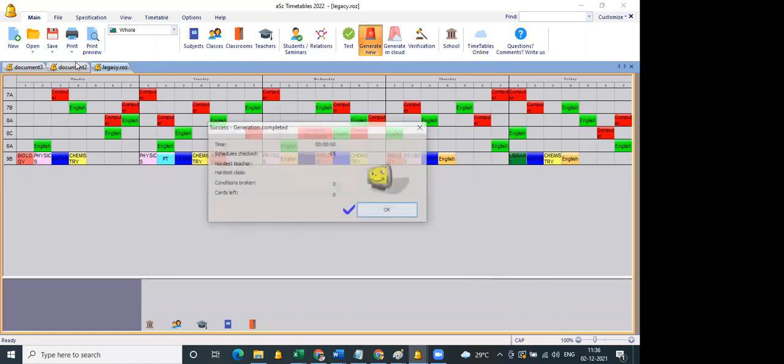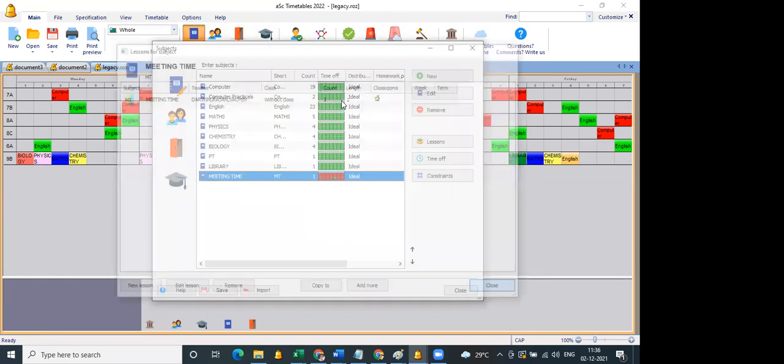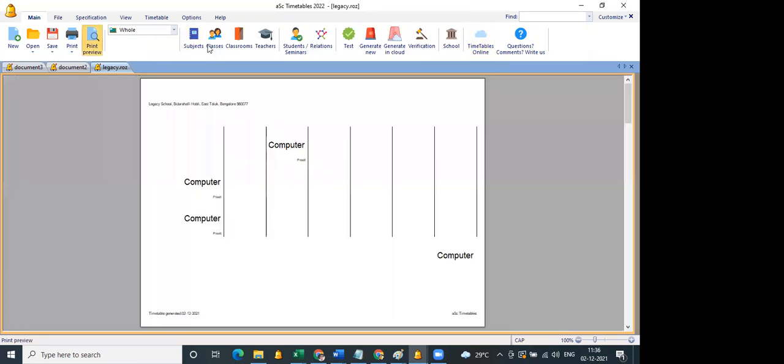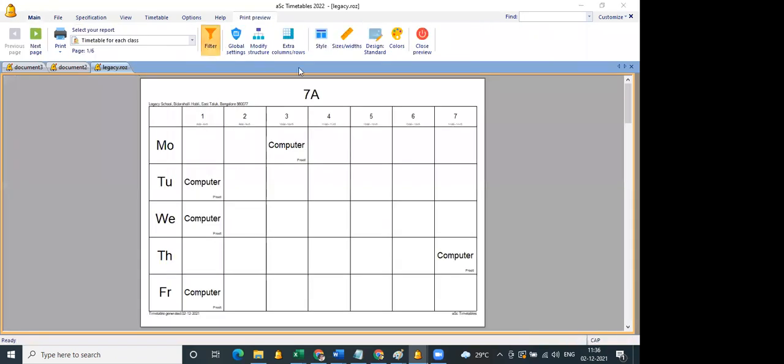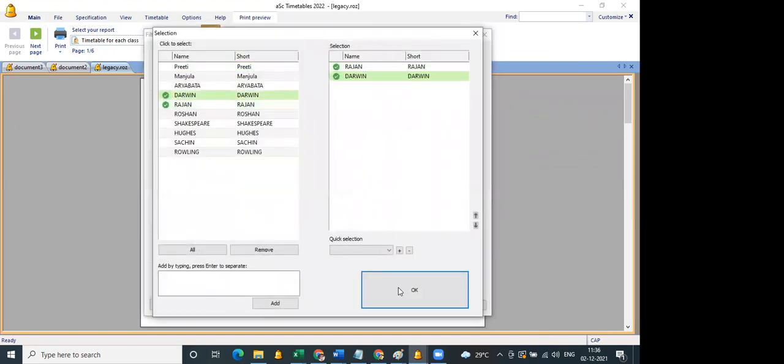On Thursday, you see this period is blank. I'll show you the teachers: teacher Rajan, Darwin, and Sachin.